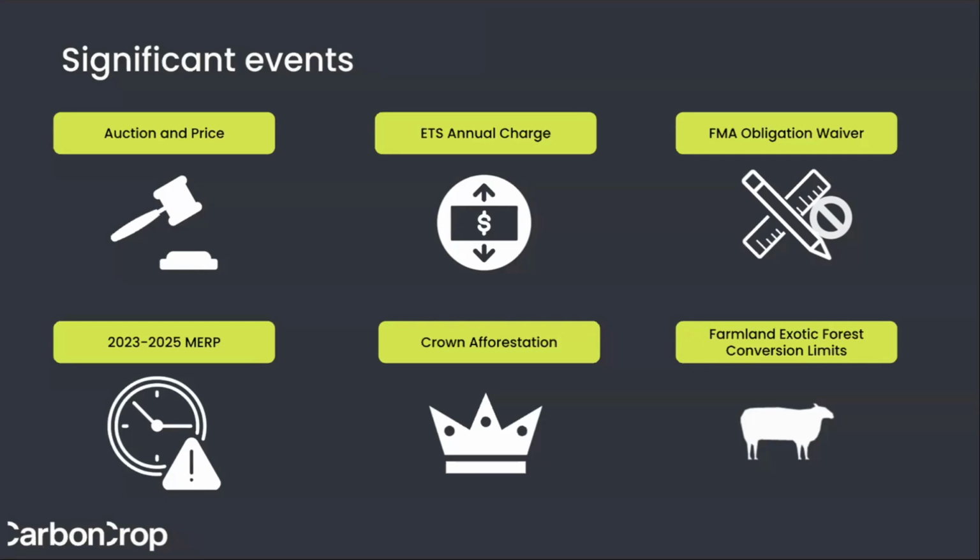And finally, the big topic for today: farmland exotic forest conversion limits. This policy or pending regulation has been phrased in various different ways, but it's basically a future restriction on the circumstances in which forest will be eligible for registration in the ETS, beyond those that already exist today, such as pre-90, post-89 forest land status, etc.